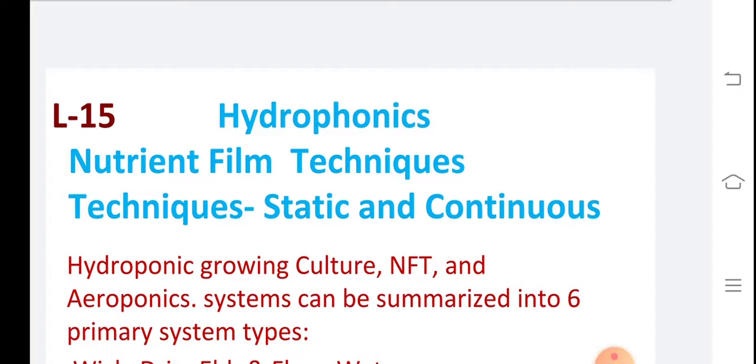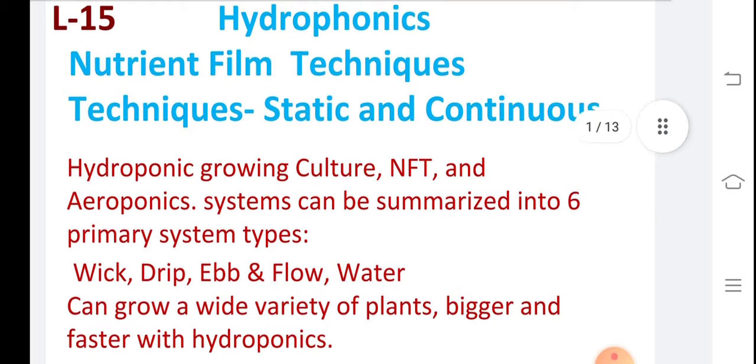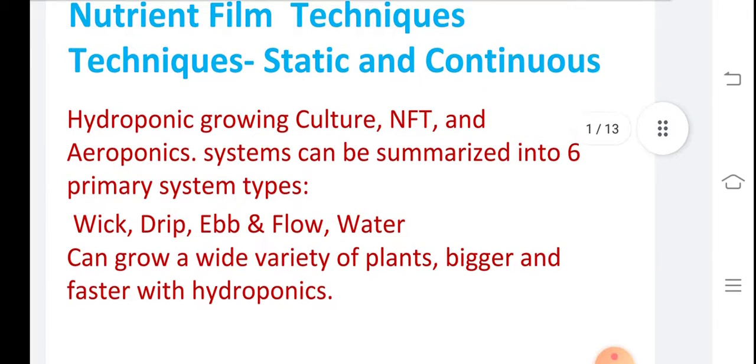So the first point is nutrient film technique, and the second point is that in hydroponics there are two techniques, static and continuous. So what is the meaning of hydroponics? Already we have seen that plants cultivated without soil is called hydroponics, that is, only water is to be used. Then how are we generally knowing the plant growing cultures,